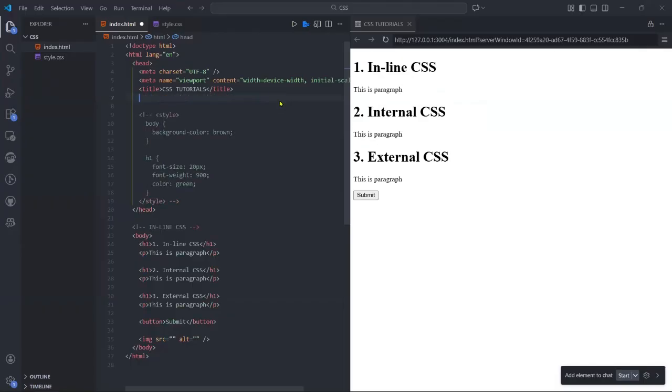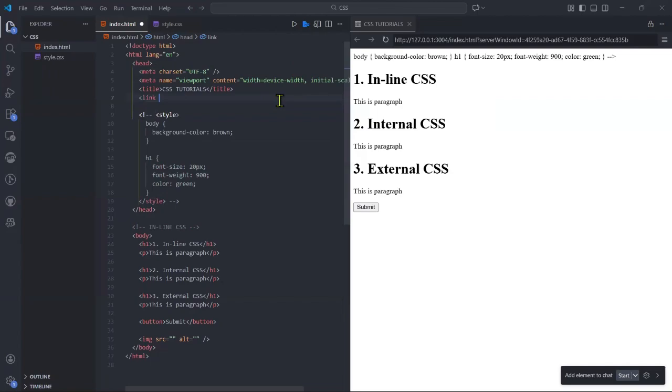You can start typing link, relation, or rel is equal to, then you type stylesheet. You understand? You type stylesheet, and then you type href, and then you navigate. So this href is where you are linking to. Normally you always have to know where exactly you have this file. That's why we did file path, if you remember. Because this index and the file are sitting near to each other, I just write the name. So I just write style